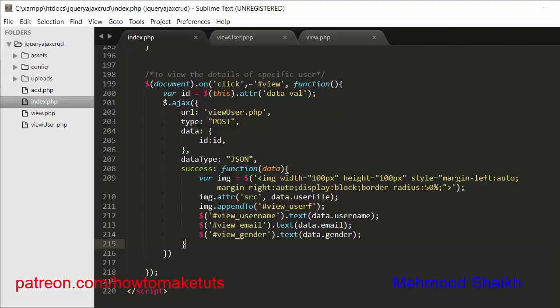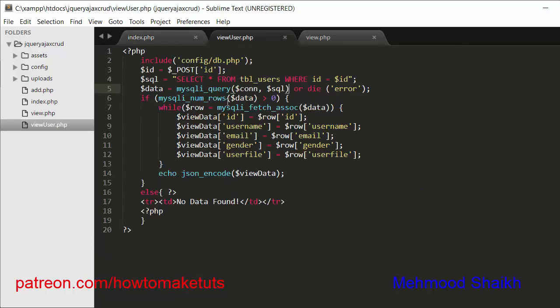Whenever I click on that icon, an onclick event will get triggered, which makes a POST AJAX request to view_user.php, along with sending the ID of that record to the view_user.php file to get the data of the selected user.